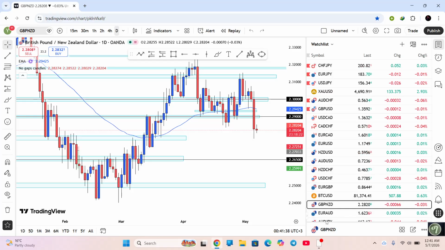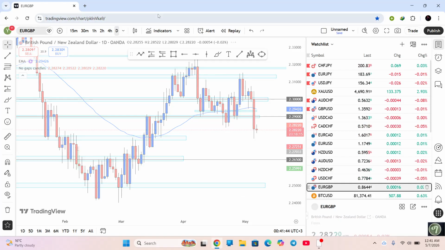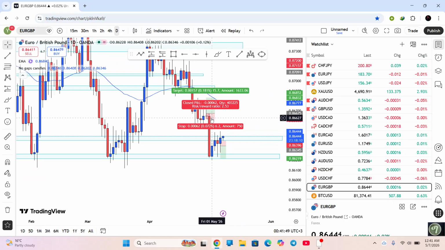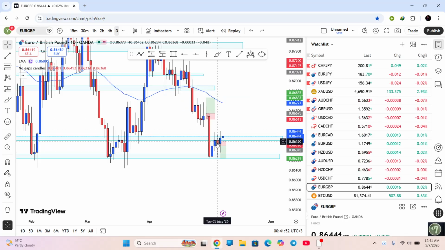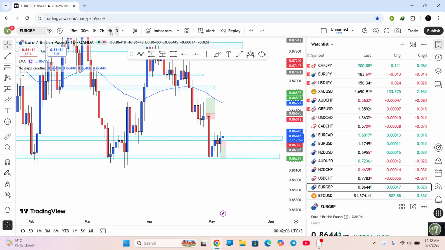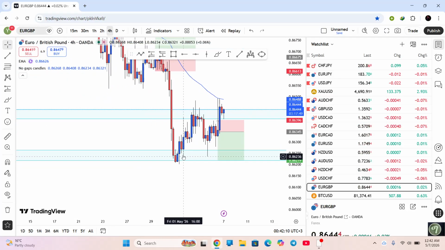Okay. Yesterday's prediction. How did they play out? Let's start with your GBP. Yesterday we formed this break, we formed the retest, we formed the rejection, and I actually took this trade and I lost. I did expect that price could have done the same thing that it has done over here. I was expecting it to close as a bearish engulfing, but I did not want to do that on the 4 time frame. As you can see, price was having the pullback to the area.